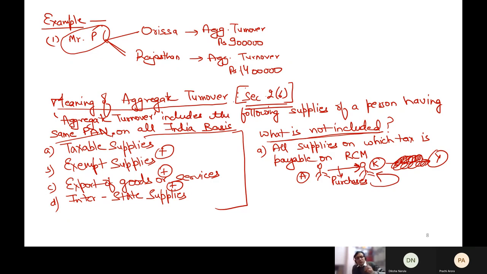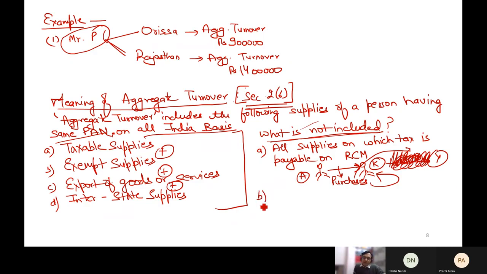Already one burden is what? That I should pay tax also on my supplies. Of course, I must be paying tax on my supply, but I should deposit this tax to the government. It is already one extra burden. And now if you say that these purchases will be treated as your sale also, then I will say why? It will be duplication. Already what I am selling is my sale. So why should I include this purchase also? Of course, what I am selling is this purchase only. So just because you are purchasing something on which tax is paid on reverse charge, it doesn't make that purchase a part of your aggregate turnover. This is one thing, it should not be included.